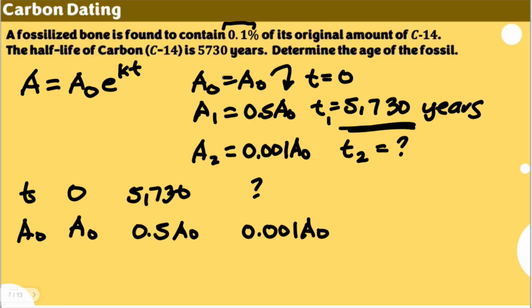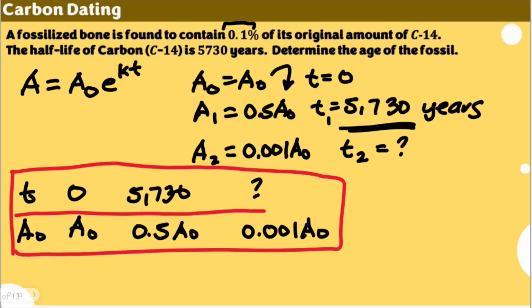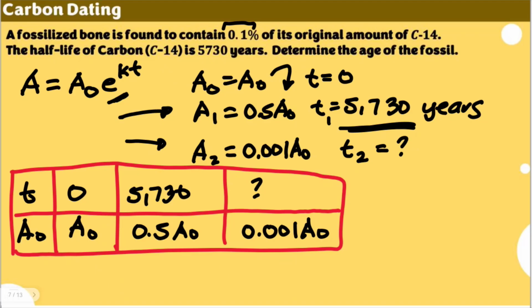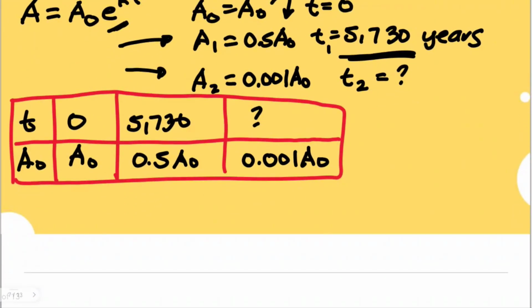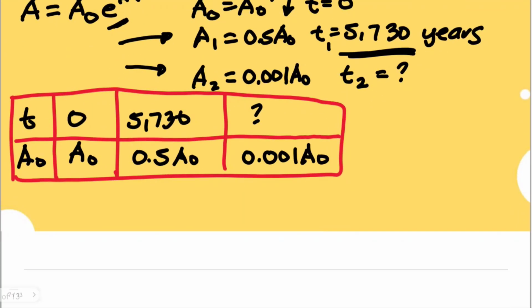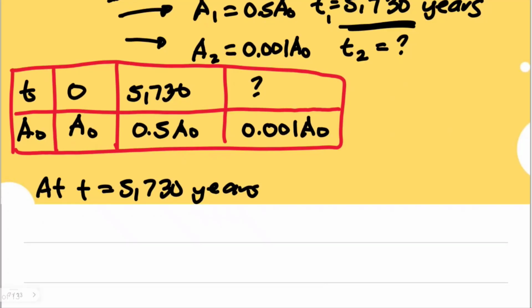For this, we can use the formula, the model for radioactive decay, because this is still decay, that we were able to determine after the application of separation of variables. Now, we're going to solve first for our k, or e to the power of k, because that is true for this first situation and also for all the situations in this problem. So at t equal to 5,730 years, we have our formula A sub 0 e to the power of kt.